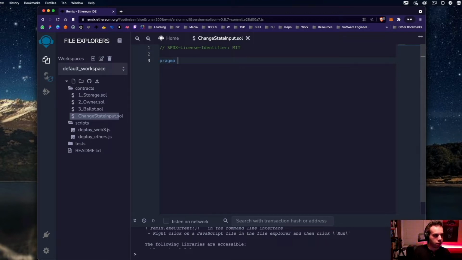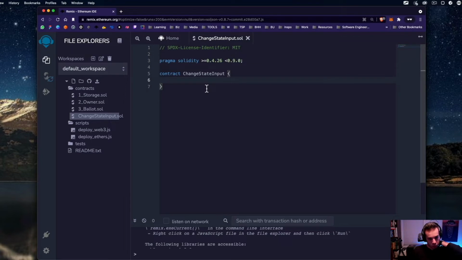So we're going to say pragma solidity greater than 0.4.26 but less than 9.0. So then every type of contract is just a type of function. So we're going to say contract ChangeStateInput, and we're going to put this in the brackets. And that's pretty much the container for this.